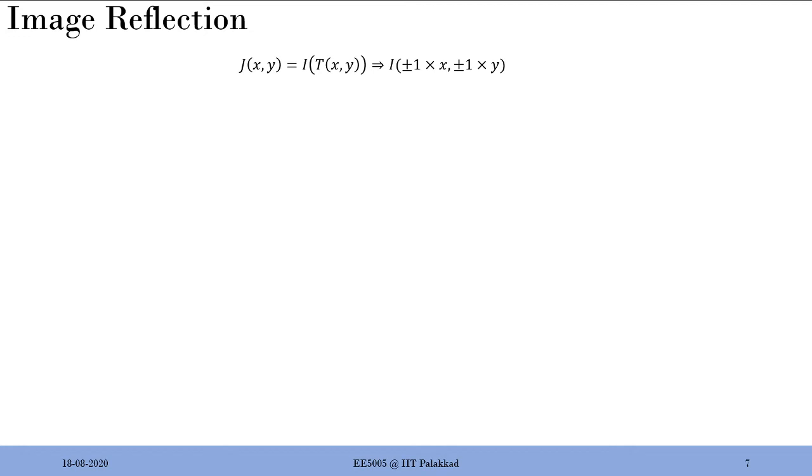Basic operations like image translation and image scaling, and we also briefly discussed the interpolation aspects. Now let's see the other fundamental affine transformation, which is image reflection. As the name suggests, you're going to reflect your image across the x-axis or across the y-axis, which is simply represented by plus or minus 1 of x or plus or minus 1 of y, and in matrix operation something like this, right? It's very simple. You just reflect along the x or y direction.